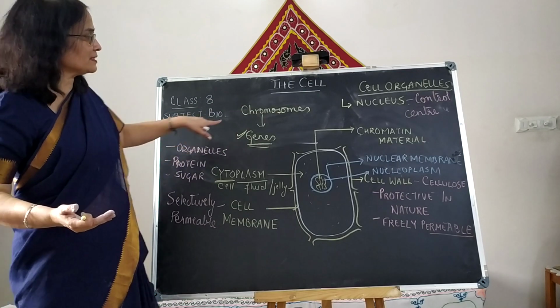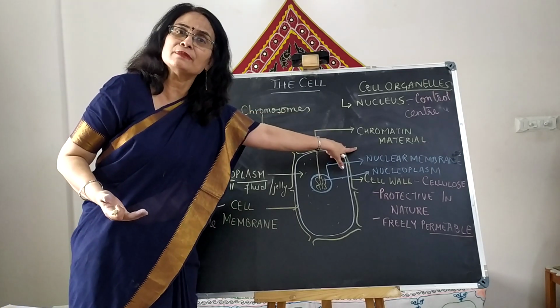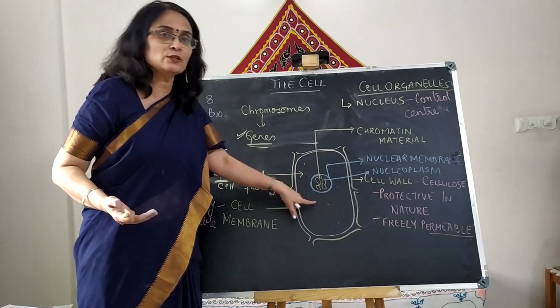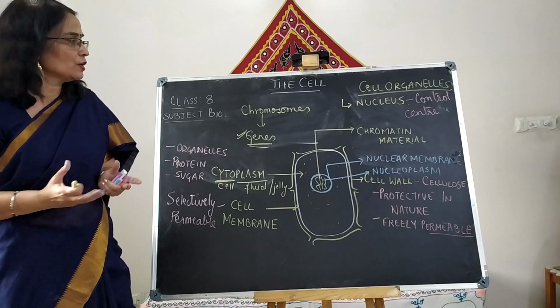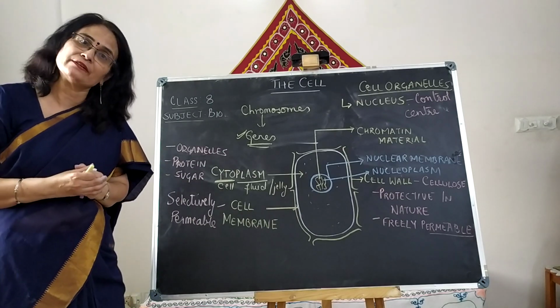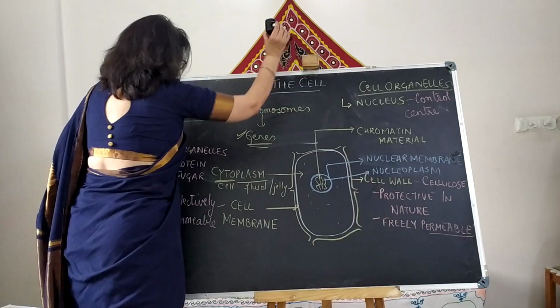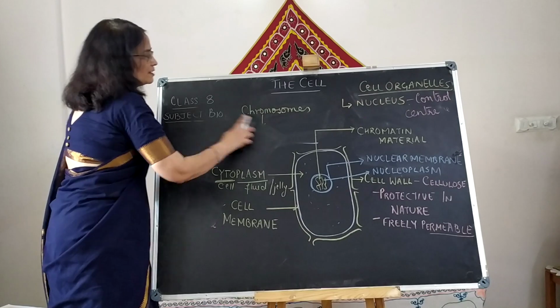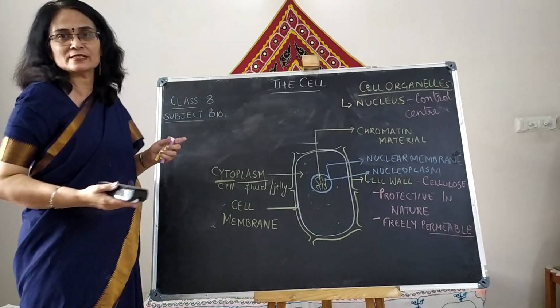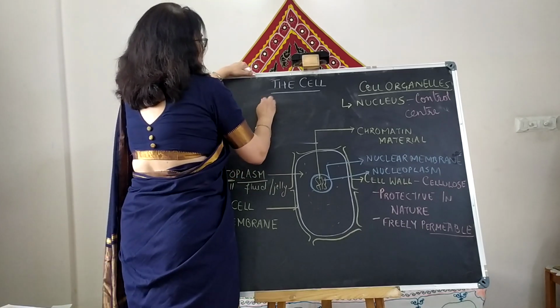And where are they present? They are present on the chromosomes. Why do we call them chromatin material? Because when we look at the cell, this looks like disorganized thread-like structures known as the chromatin material. Apart from that, now let me come to all other organelles that might be present in the cell. The other organelles that are present in here, we are only right now talking about the plant cell.